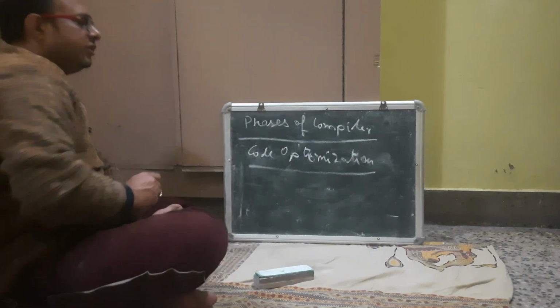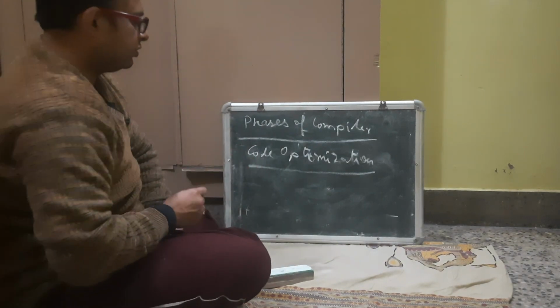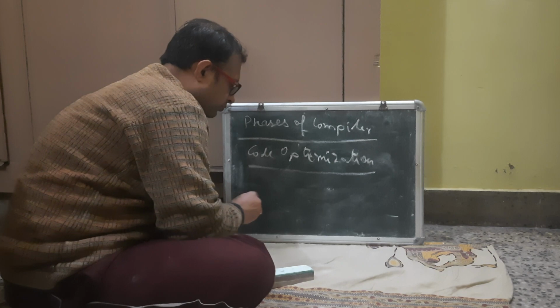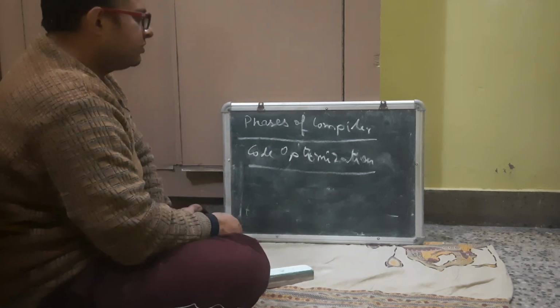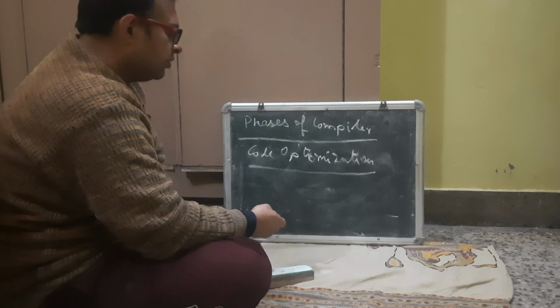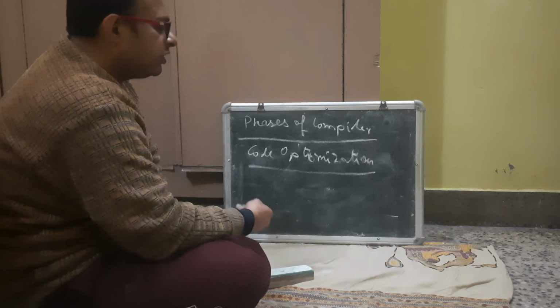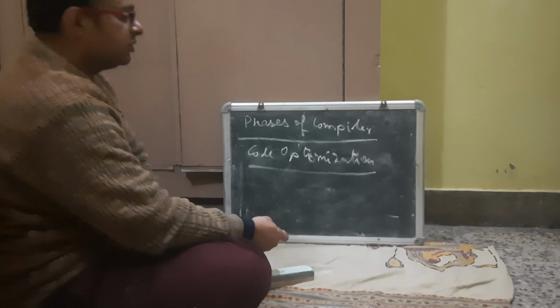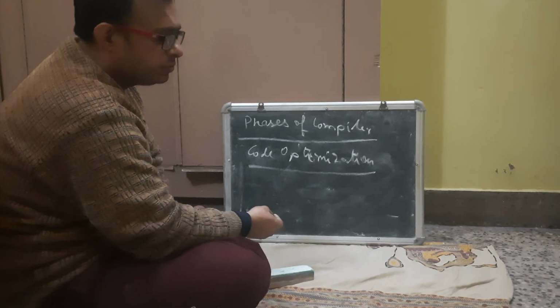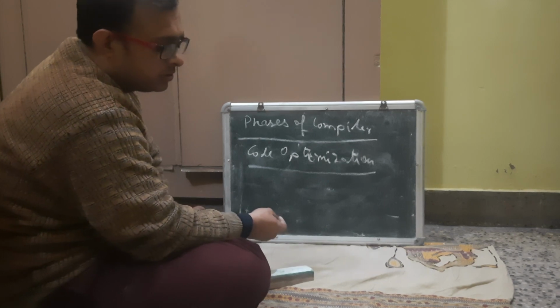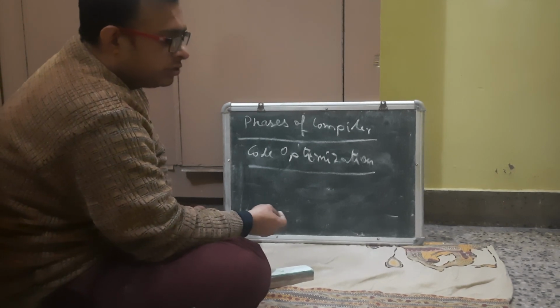What is code optimization? Code optimization is a phase in which we optimize the code. What is the meaning of optimization? We are improving the code for space efficiency and time efficiency. Space efficiency could be improved by reducing the number of variables, and time efficiency could be improved by reducing the